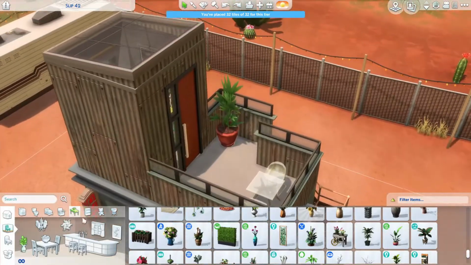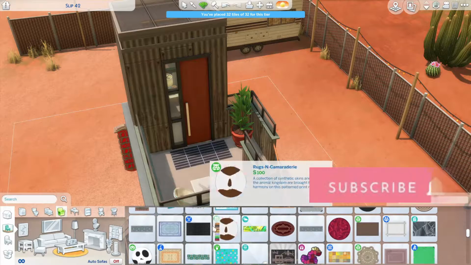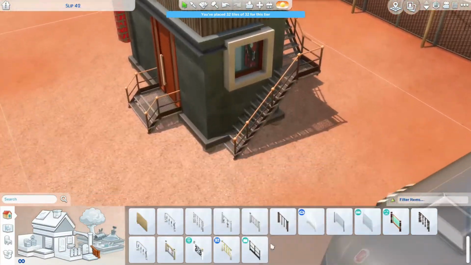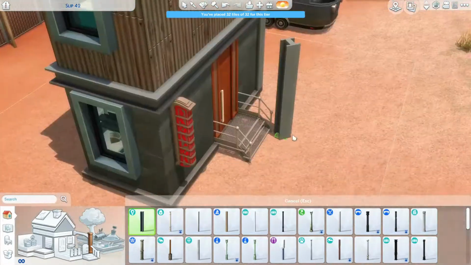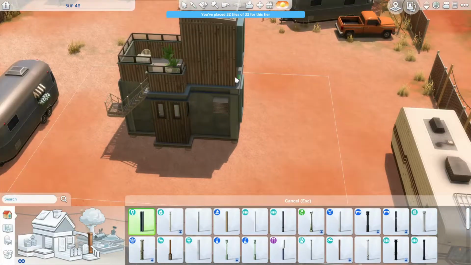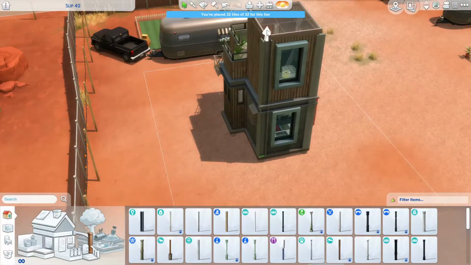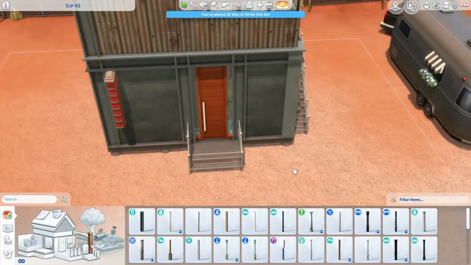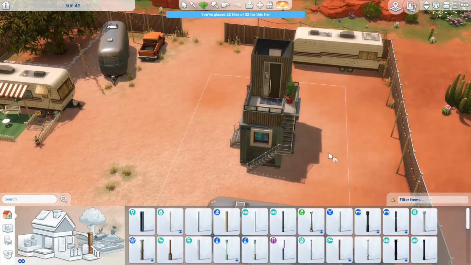So, yeah. And the landscaping for this house is pretty minimal. I mean, it makes sense. It's in the desert, and it's just kind of off on its own. It's not really in a lush area or anything. And Strangerville has all those weird plants, so I didn't quite know what I wanted to use at first for the landscaping. But these pillars,